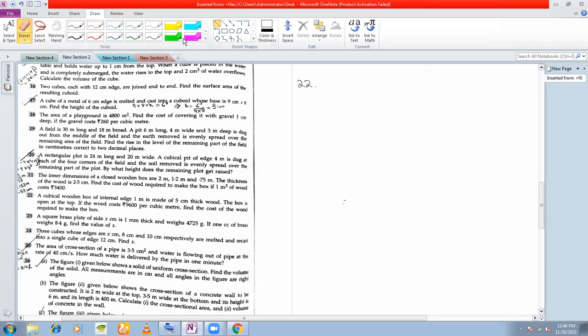Now see, let me draw this kind of a diagram. It is why online it is very difficult to teach this subject. So this is 1 meter. This is the internal edge of the box. The thickness of the wood is given to be 5 centimeter, which is 5 by 100 meters.